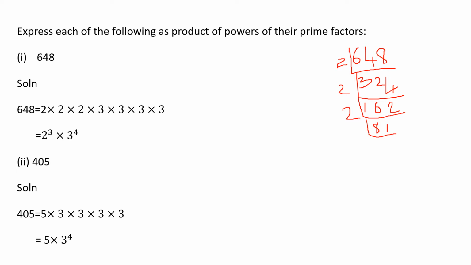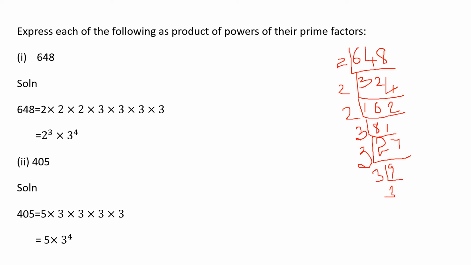So it is divisible by 3. So 81 divided by 3 gives the answer 27. Okay, 27. 2 3s are 6, then 2 balance, then bring 1 down. So 7 3s are 21. So like that we are getting 27. Again it is divisible by 3. So 9 3s are 27. So 9 is also divisible by 3.